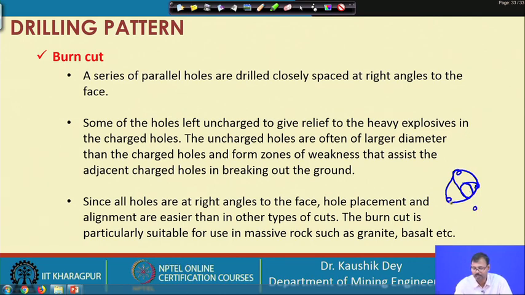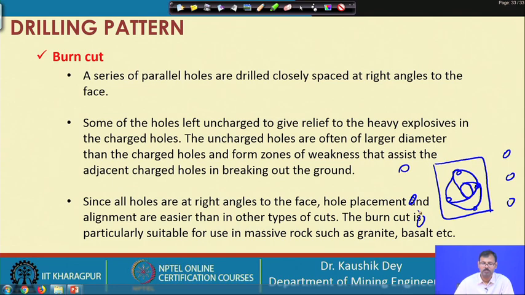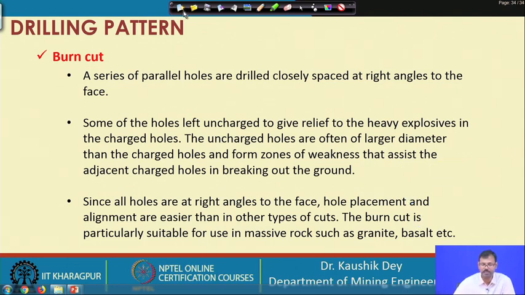Then another one will be created like this. So, simultaneously the free surfaces will be increased, maybe up to a particular cut area, then the rest of the holes will operate as the stoping holes. So, that is the basic principle of the burn cut, and that is why this burn cut is very popular